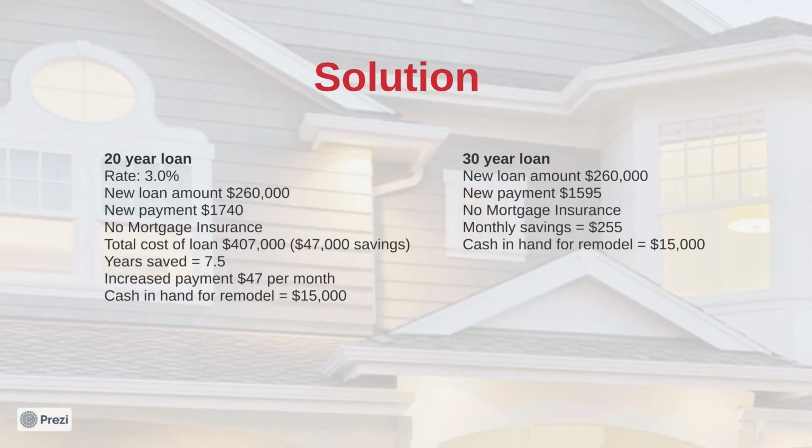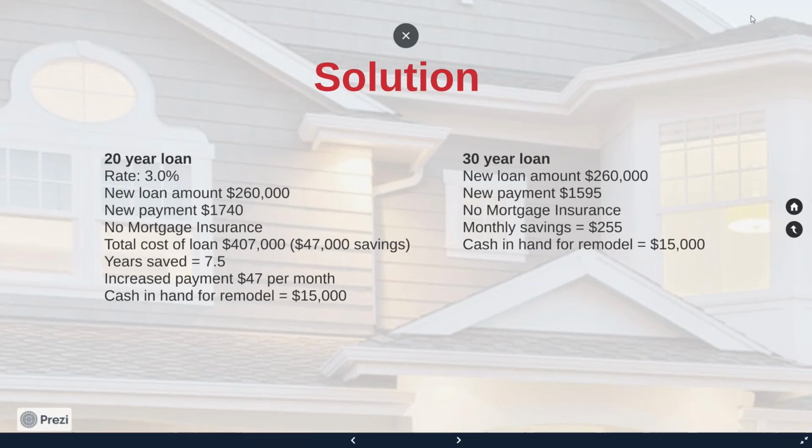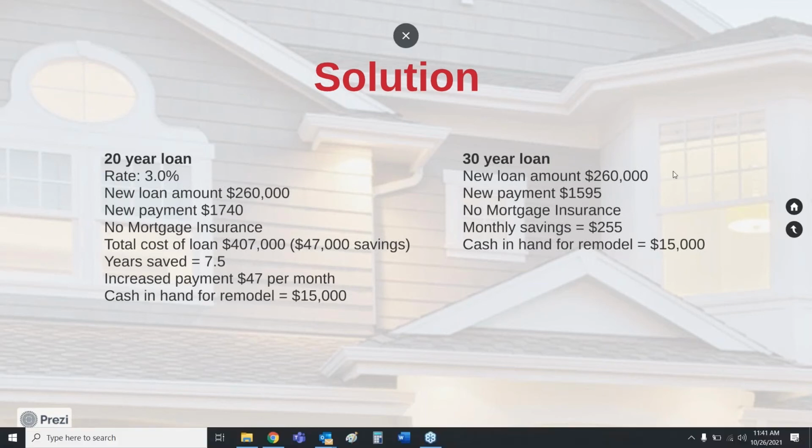So here were the solutions that we had for them. We looked at a 20-year loan and a 30-year loan. We looked at the 20-year loan with a rate of 3%. The new loan amount was $260,000. The new payment was $1,740. We were able to remove the mortgage insurance because the value of the home had increased. The total